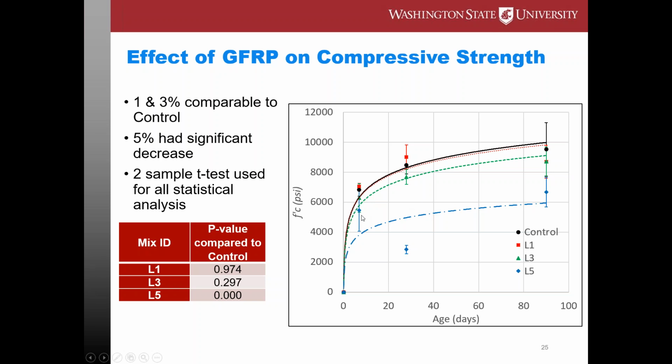These are the results of compressive strength at all three ages. So we kind of established the whole strength growth curve to compare the three different dosages to the control that does not include any GFRP. The control will always be shown in black, so it's all the way up top there. And we've got very comparable results with L1, 1% inclusion, but 3% and 5%, especially 5%, show a decline in the strength. And if you look at those p-values,